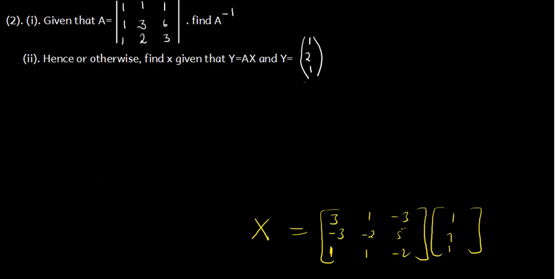So we go on. X is going to be equal to, well, for us to multiply matrices, this times this, that will be a 3, this times this, that is going to be